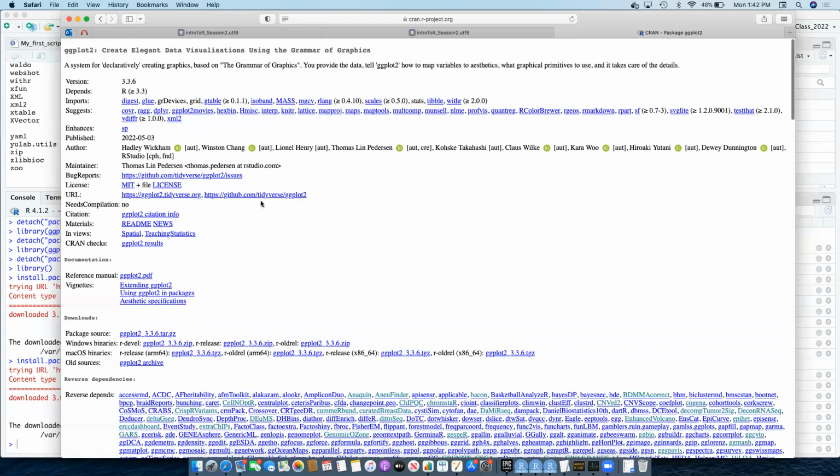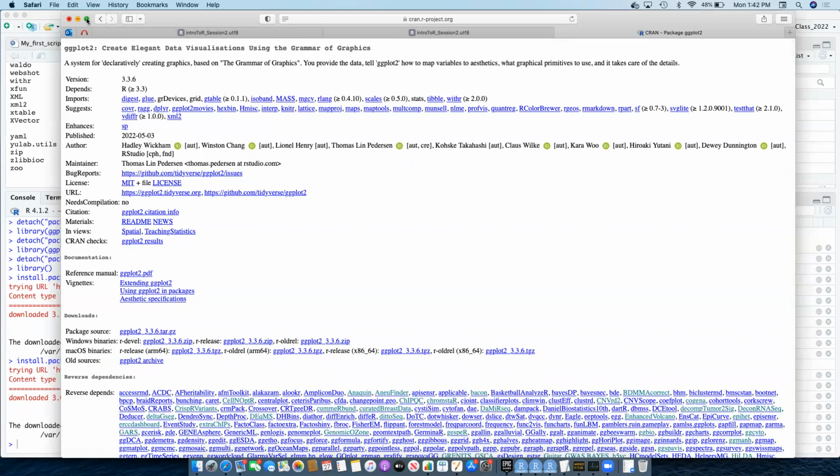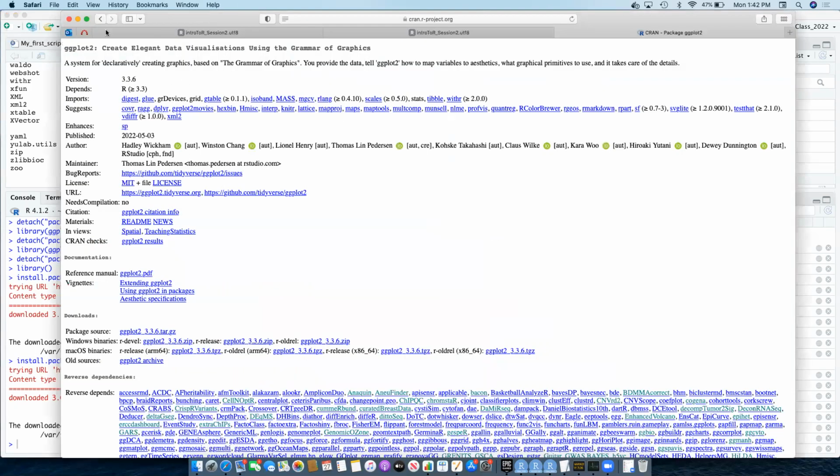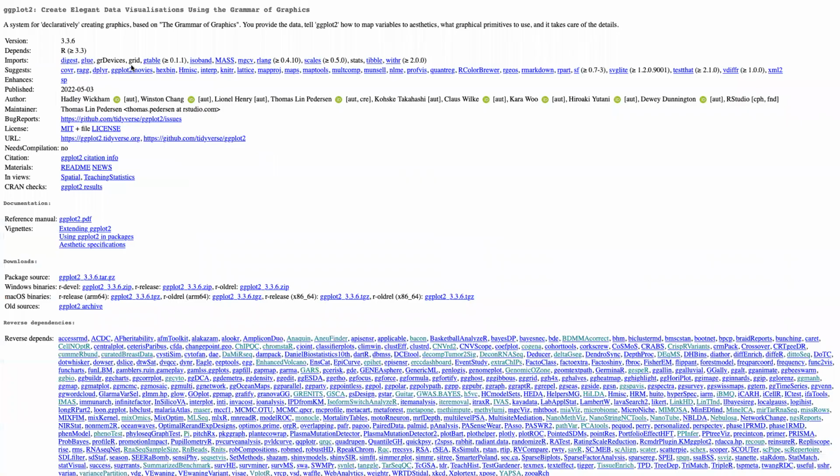Yeah. So this is a CRAN page. If you notice there, underneath the hood, when we do install packages, it goes and points to cran.rstudio. So CRAN is the repository for packages for R. If you go to CRAN, they'll always have a page like this. So if you just Google this and you come to CRAN,